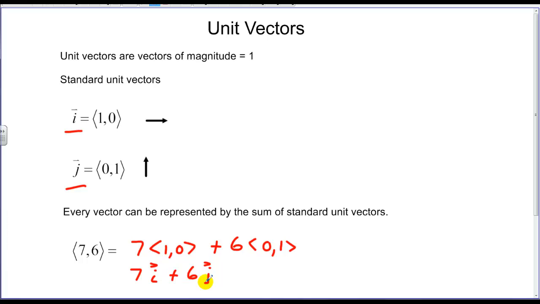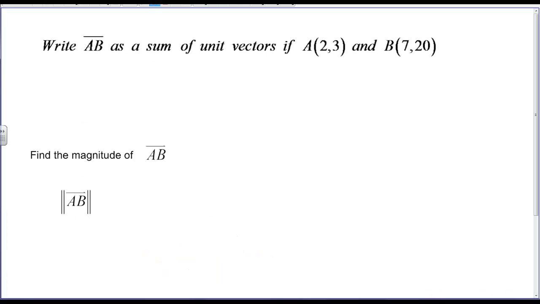But 7i plus 6j says the same thing as 7, 6. It's just saying that i and j are these unit vectors. If we want to write AB as a sum of unit vectors,